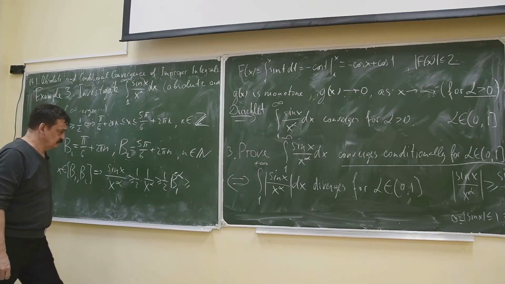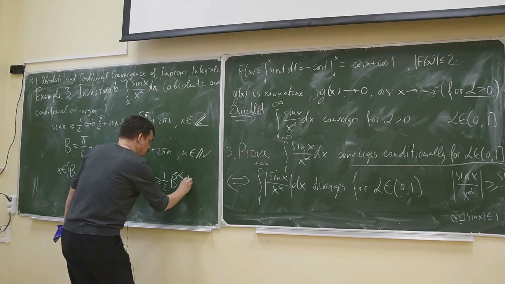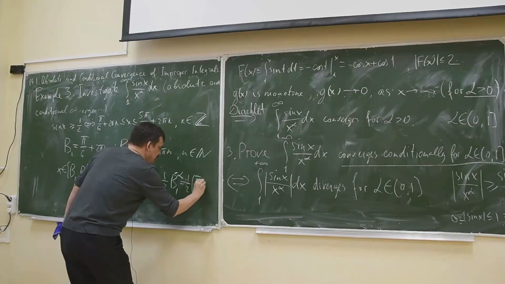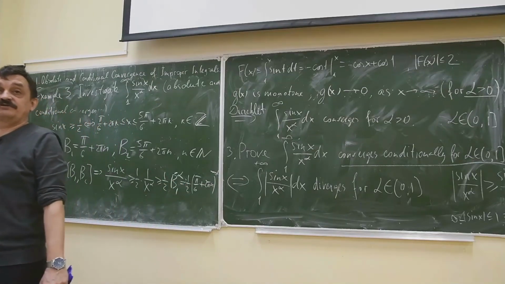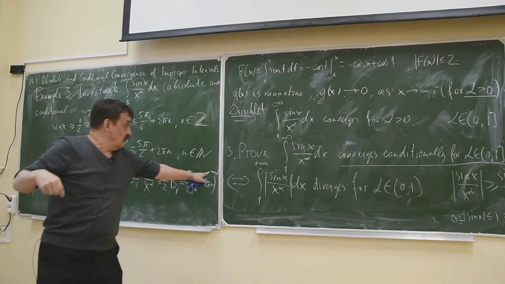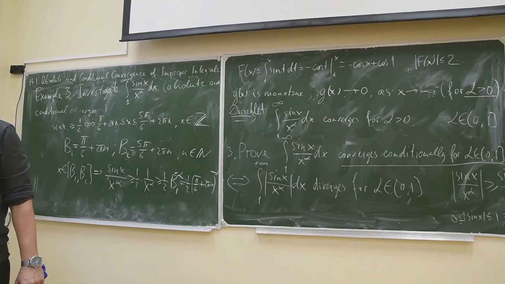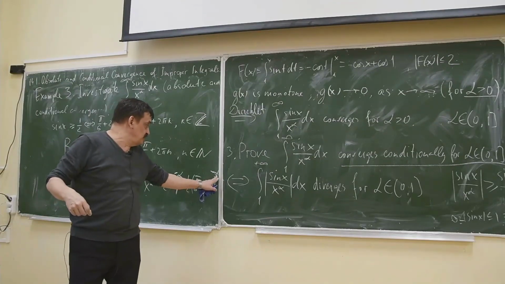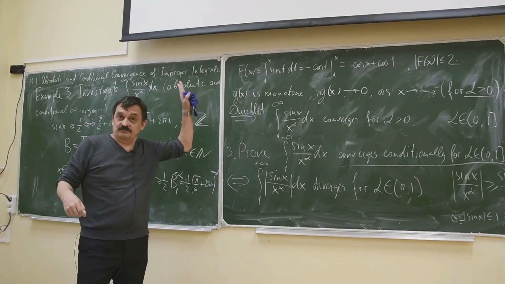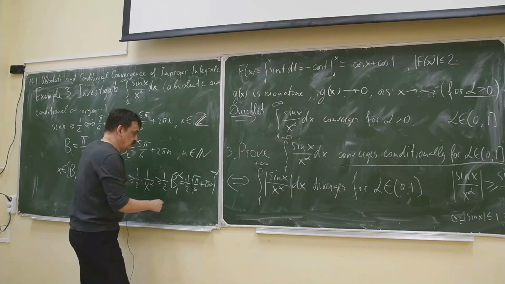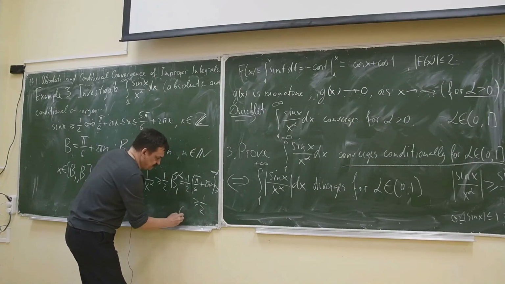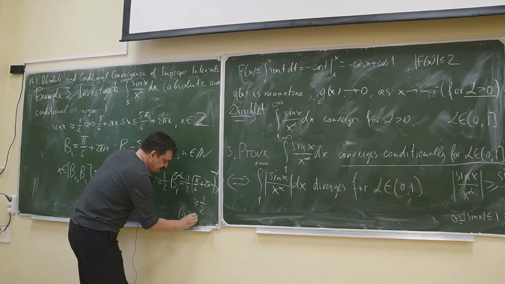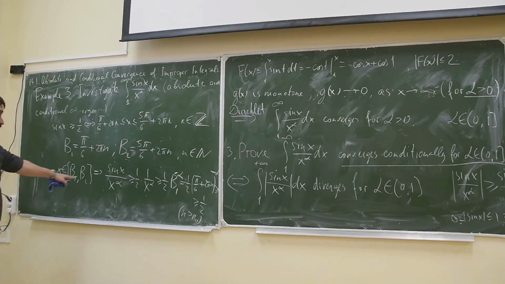So it is non-negative. Okay, I can write greater or equal than. So let me write it. What is it? 1/2 times (pi over 6 plus 2 pi n) power minus alpha, as n tends to infinity, right? The exponent is non-negative. So if it is 0, then it is 1, otherwise it tends to infinity, right? So what can we deduce? It will be greater or equal than 1/2 for sufficiently large n, n greater than n naught. And it means, look,